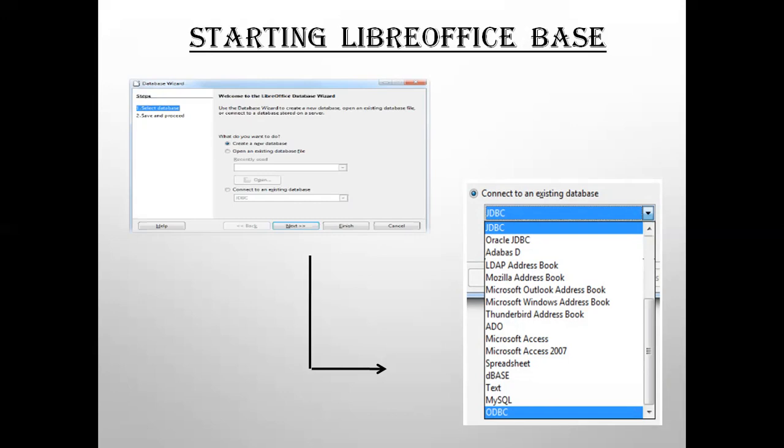We won't be going in much detail on this. We will be creating a new database. So these were the two options you get in the beginning when you are creating a new database file. So this is the way to create.